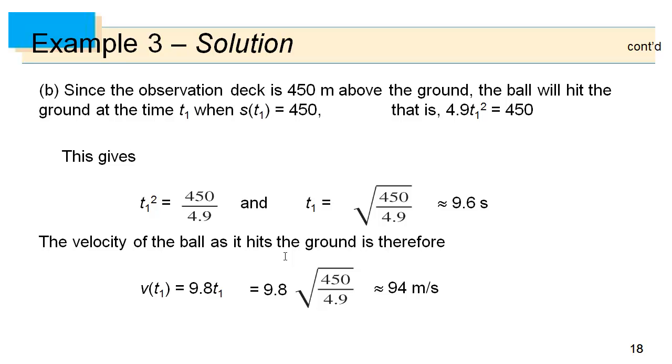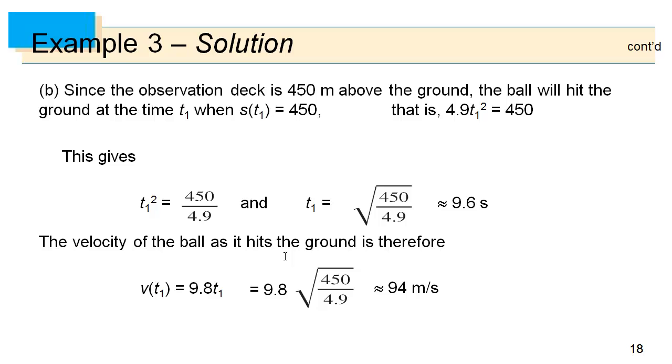All right, now since the observation deck was 450 meters above the ground, if we want to figure out how fast it's going when it hits the ground, we have to figure out how long it takes until it hits the ground. You know, at what time did it hit the ground? So you take that position function and you set it equal to 450. So you take 4.9 t squared, set it equal to 450, and solve. Divide both sides by 4.9, take the square root of both sides, and you get roughly 9.6 seconds is when